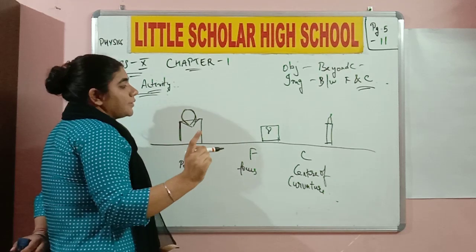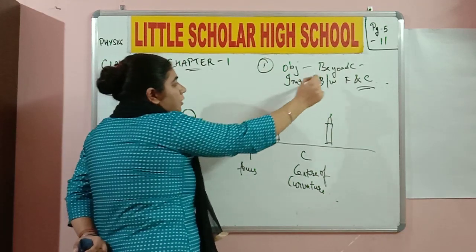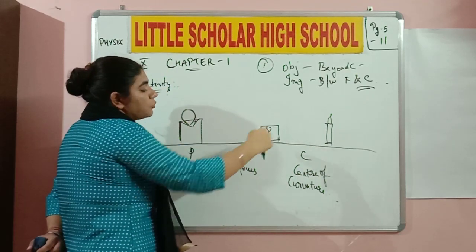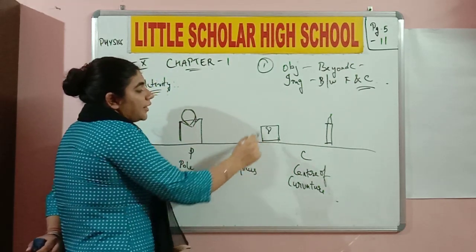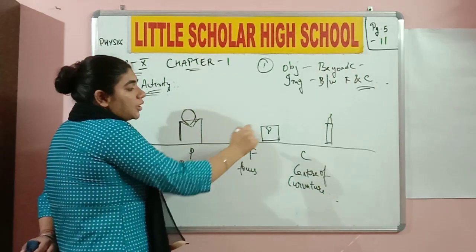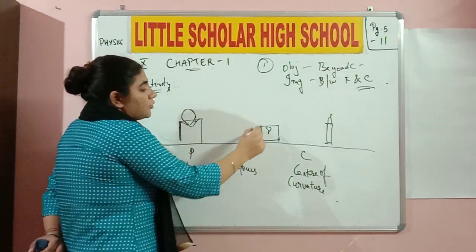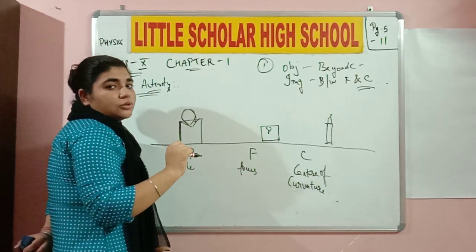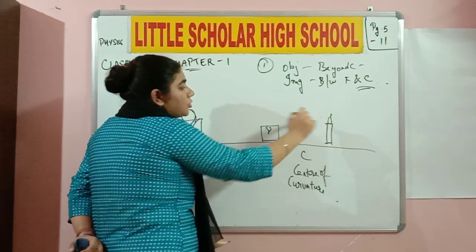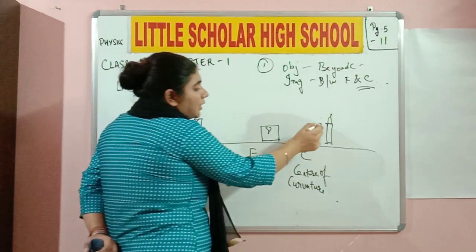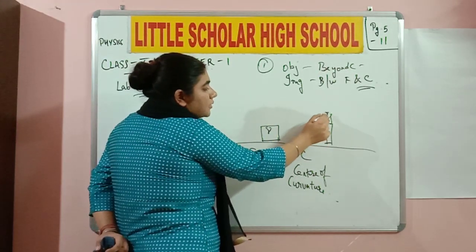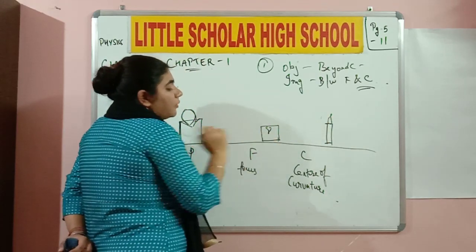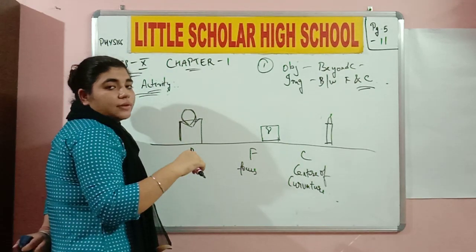The first case that I'm going to consider is that the object is placed beyond C. When the object is placed beyond C, I place my screen of white paper between F and C and I get the resultant image. What is the nature of the resultant image? It is real, inverted and diminished. Did you understand? Why do I call it diminished? Because it is lesser than the size of the original image. Okay, it is not the candle that you are going to get. It is this light part, the flame part that you are going to get on the white paper over here as the image. Okay with everyone?